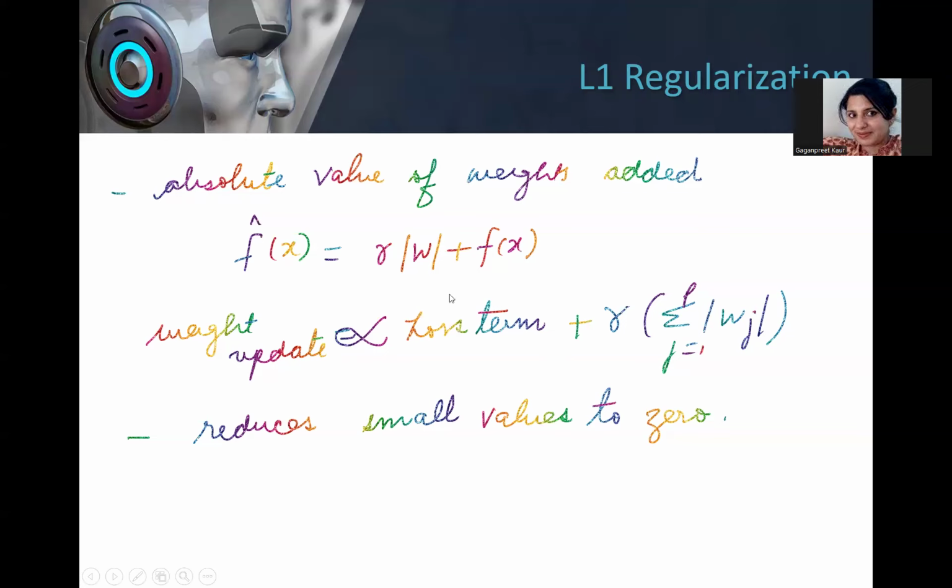That is, along with my gradient, I have a constant term which depends upon the absolute, that is positive value of the weights which are involved. Now, इसका ये मतलब है कि जो भी मेरे weights, अगर कोई negative weight है, जब मैं उसके साथ एक positive factor increase करूंगी, negative means it is a smaller value, so negative plus positive it will reduce the weightage. So इसका मतलब जो मेरे outliers हैं या जो मेरे features हैं जिनकी value कम है, so I am going to